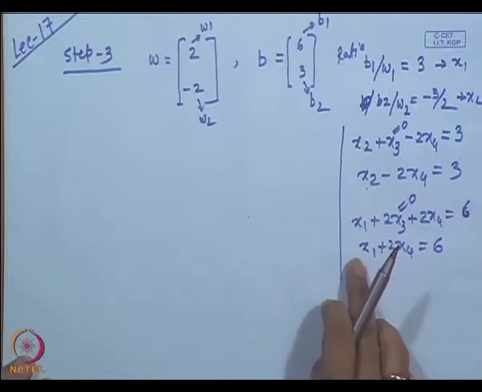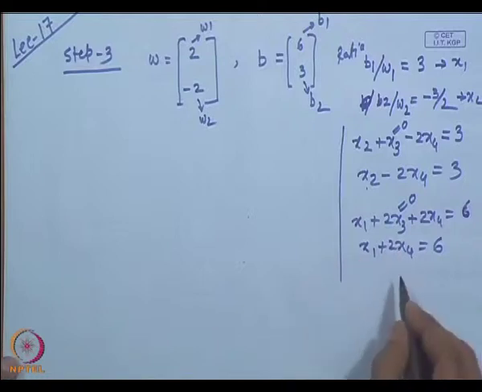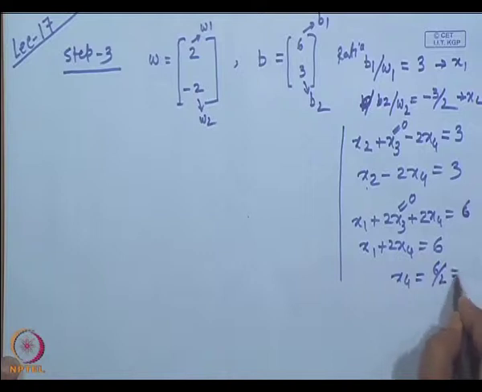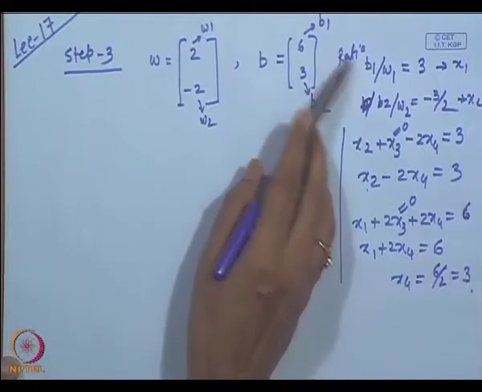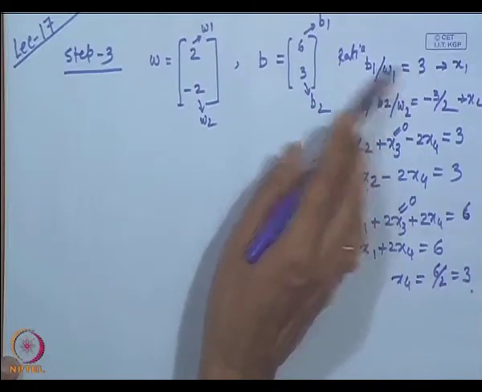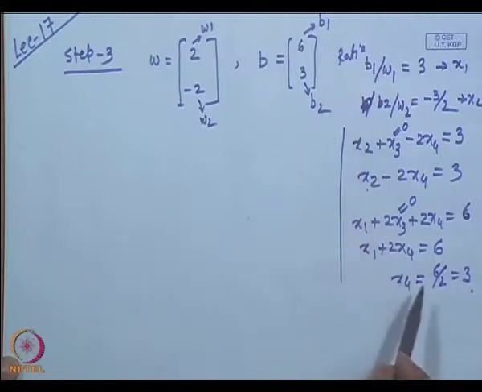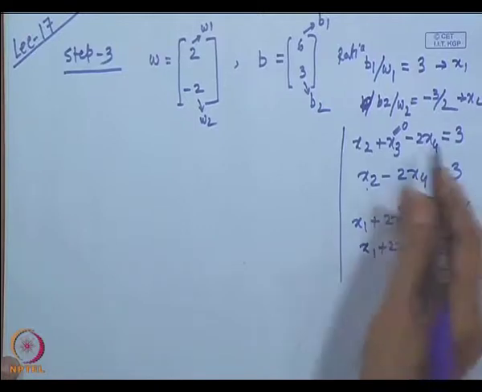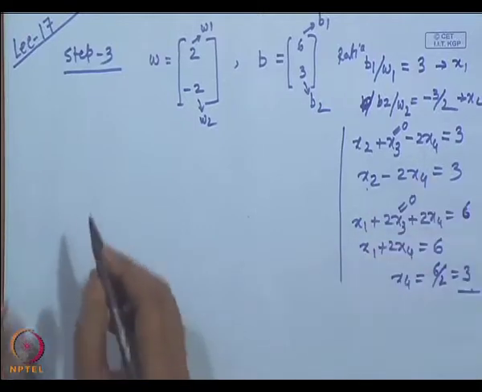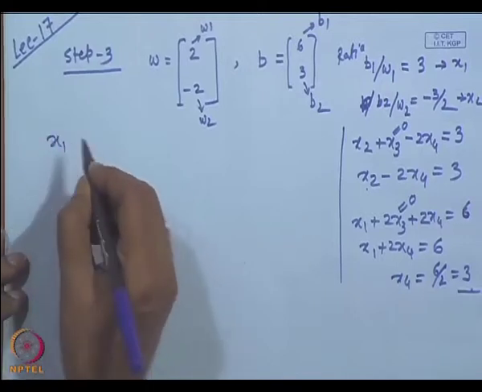Suppose x 1 is treated as a non basic variable, then x 4 value is coming to 6 by 2 is equal to 3. That is what we are checking, the ratios, B 1 by W 1, B 1 is 6 and W 1 is 2. That way we are checking. So, now we have selected x 1 as